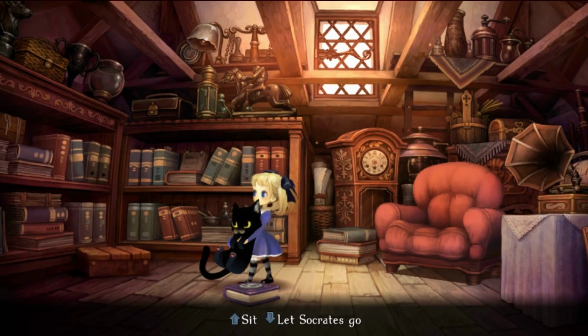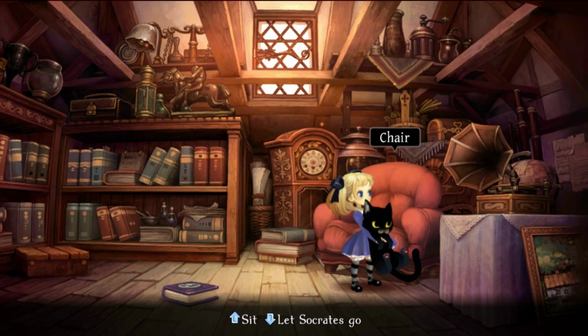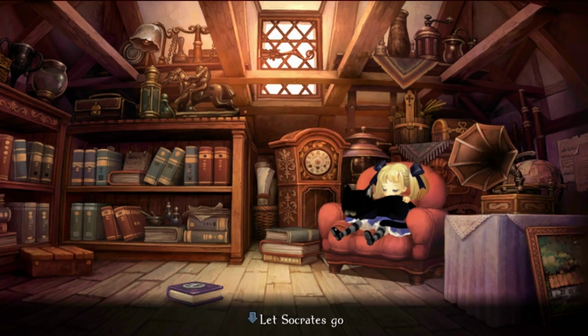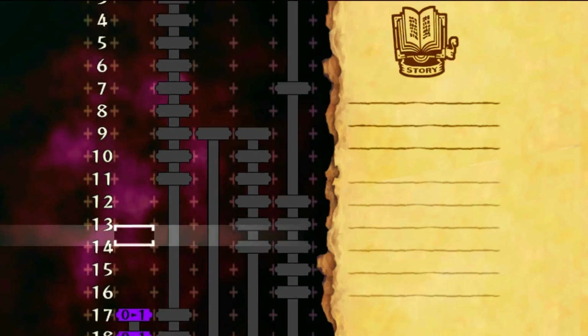It's... do I have to say anything? This is the cutest, most adorable thing ever. And if you sit down with the cat, it actually offers to let you view the story archive. It's so lovely. So this is the story archive,